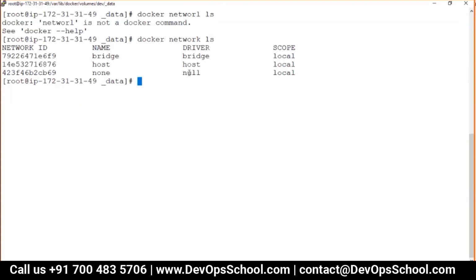These drivers are already available in VMware also, VirtualBox also. I don't know how many of you have noticed that. If you go to the networking tab of VirtualBox or VMware, you will see the driver. So host means what? Host driver means containers do not get connected to the bridge but to the host network. Host network means the host machine, the place where you're running the container.